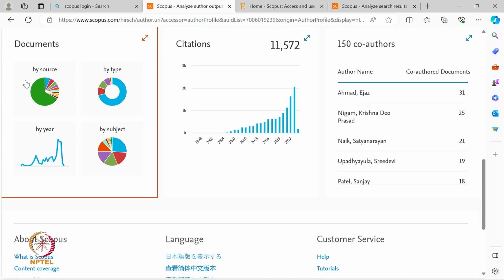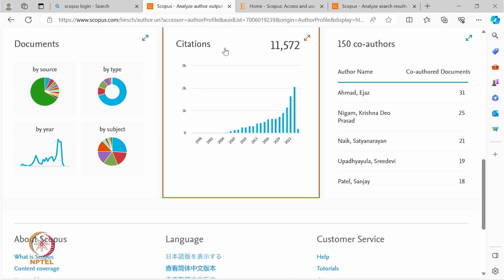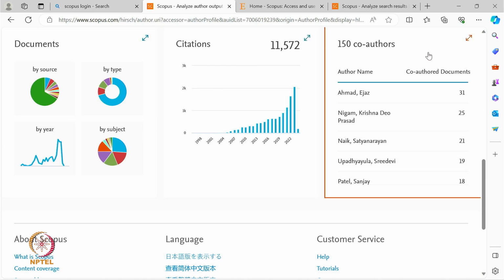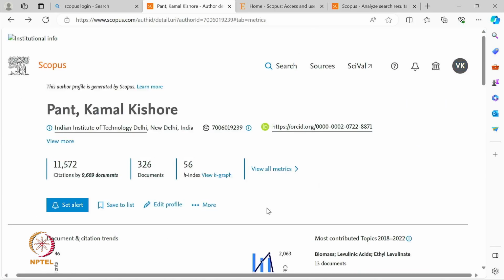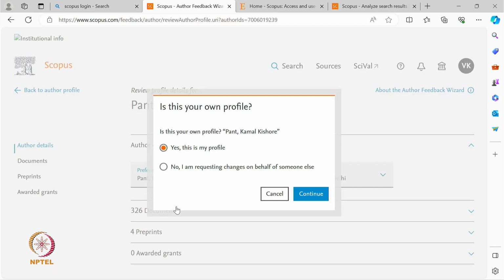These graphs by source, by type, by year, by subject, and Professor Pant has received 11,572 citations as of now, having 150 co-authors. The important thing which I want to share is that one can edit the author profile. If you find that there is some name variant or some institution change, one can edit the profile through this